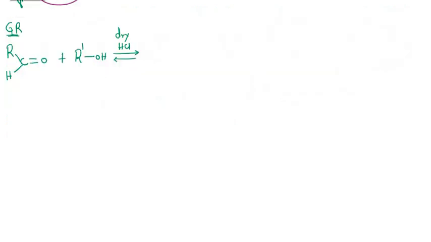Now let us try to understand the reaction, that is a general reaction. So here I have taken an aldehyde, right? And this aldehyde is going to react with an alcohol, and we know that this pi bond is a weak bond and it moves towards oxygen because of its greater electronegativity. So it carries partial negative charge, and the electrophilic carbon has positive charge. Now here this is the nucleophile, so this will be attacking this electron deficient carbon.